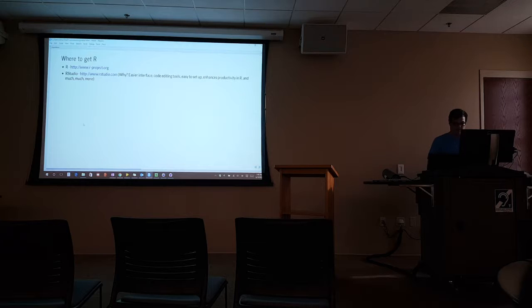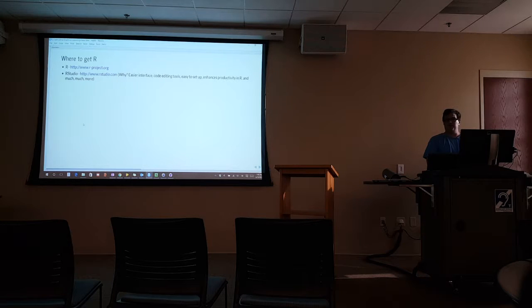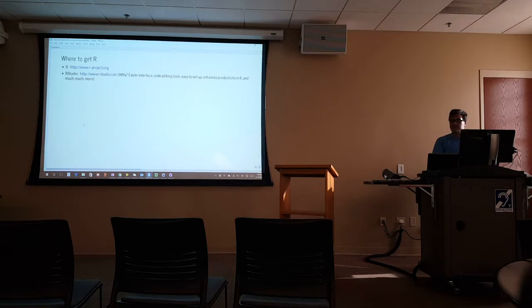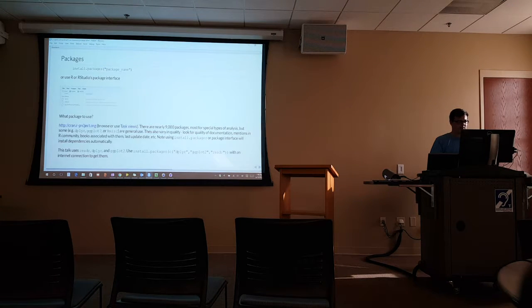We already went over where to get R. We're using RStudio, and the reason is R, I believe, is kind of clunky to use on its own. I like RStudio a lot. Previously, I liked Emacs for R, and there are a lot of other tools, so it's not the only one. But RStudio is popular with the cool kids, so they're going to use it.